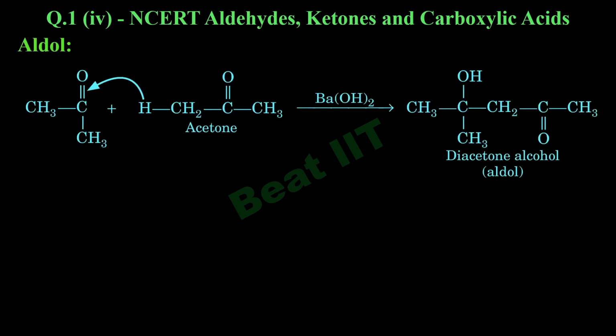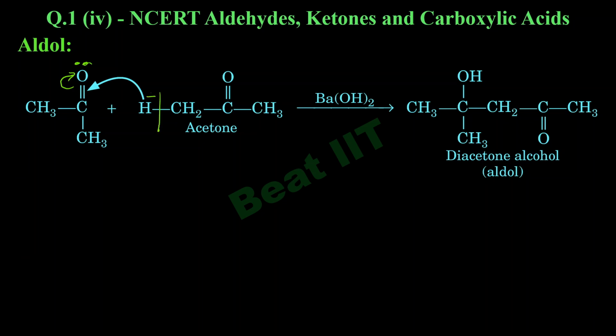Another example, here we have a ketone. This is a ketone, and here we have another ketone. So those are both molecules of acetone. So what's happening here? One carbonyl group on the left hand side, normally we consider that one, which has alpha carbon and alpha hydrogen. This is the carbonyl group on the second molecule. So this will be the alpha carbon and it will have alpha hydrogens here, and we do see that there are 3 alpha hydrogens. So similar logic here, the bond will break, you will get electrons on the oxygen,